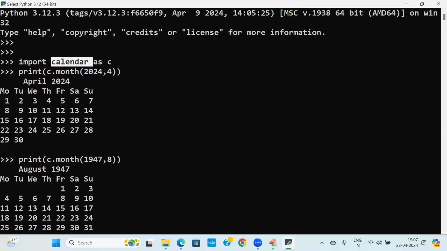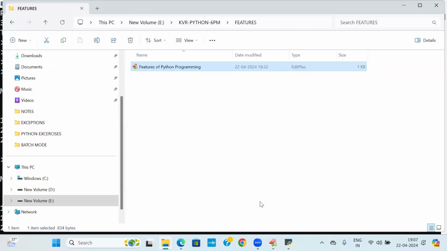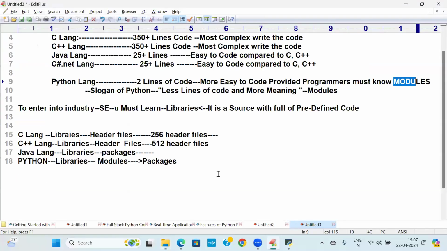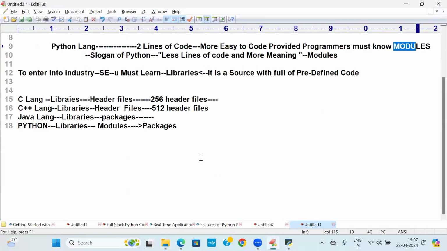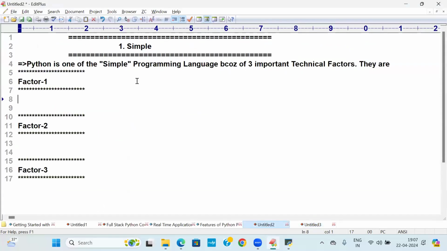So students, now I'm going to give a clarity here. Now I'm giving a beautiful clarity here. One more example I'm giving. That point I will write it and I will come back to this place. Python is one of the simple programming languages. Factor number one, I'm writing here: Python programming